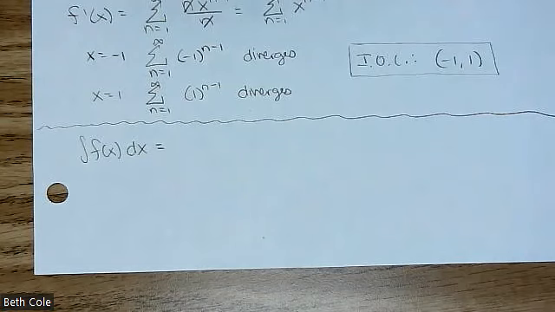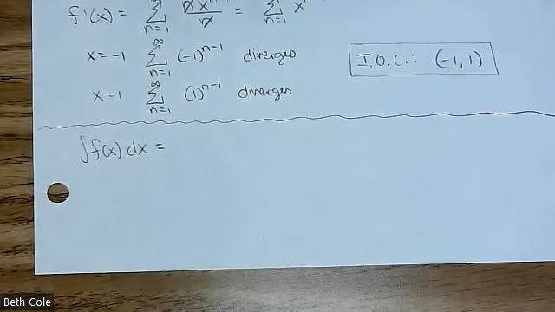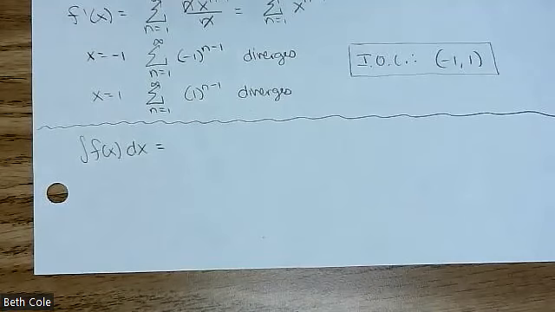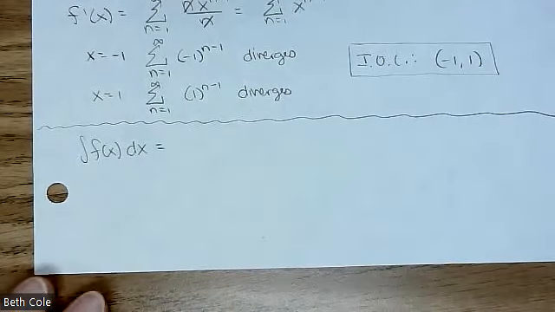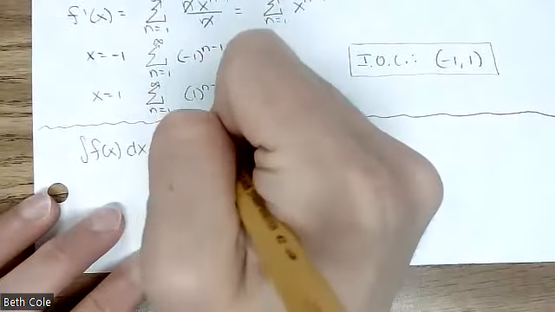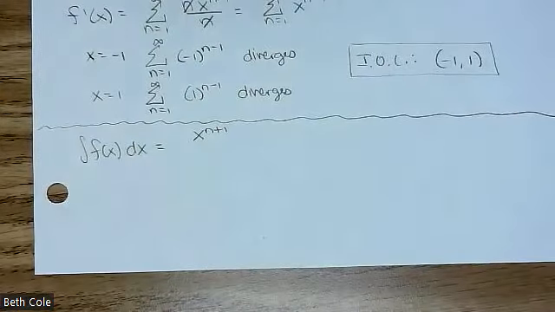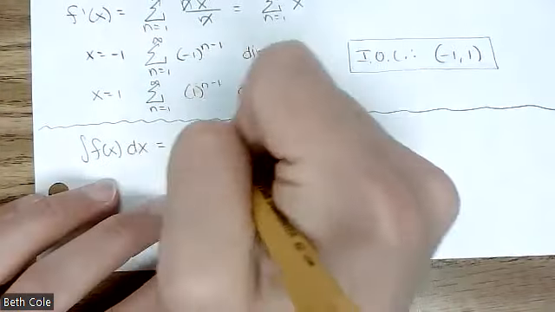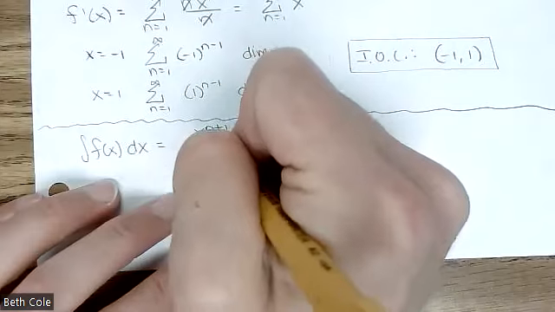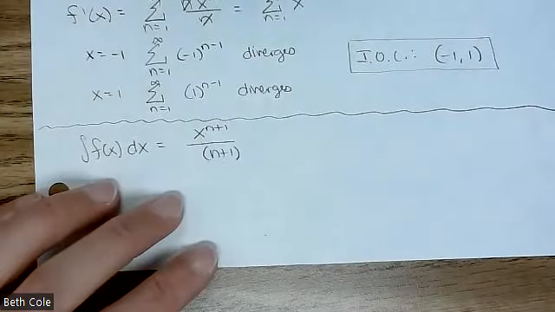So how do you do an antiderivative? You add 1 to the power and then divide by that. Okay, so look up there. We're going to add 1 to the power, be x to the n plus 1, and then you divide by n plus 1, but